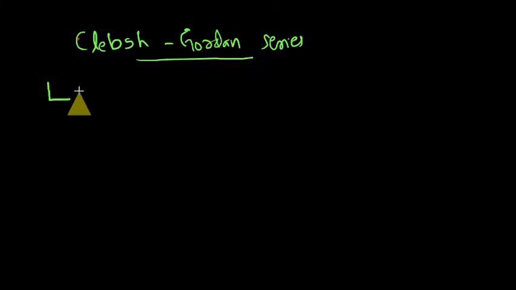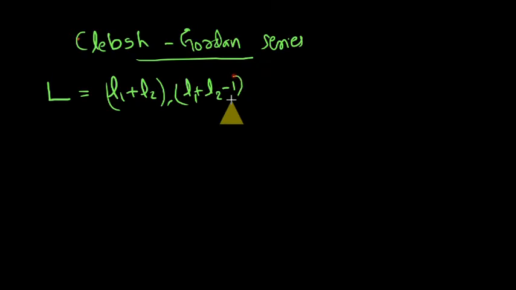That is, total angular momentum quantum number L is equal to L1 plus L2, then L1 plus L2 minus 1, etc., to L1 minus L2. But we have to take the modulus. It means that if we are considering only two orbital angular momenta,